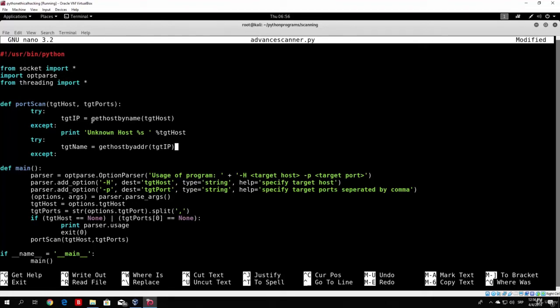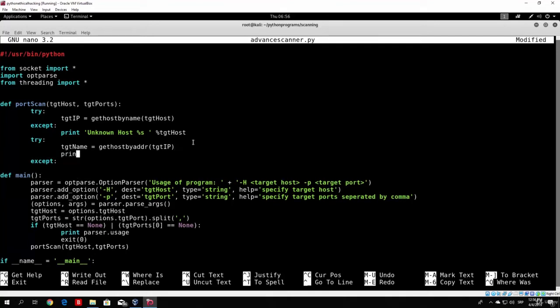This one gets the host name, or basically the IP address, from the host name, and this one gets the name from the address. So right now, once we actually type that, we want to print, and let's add a plus right here, and let's print scan results for, and then we can just do it like this, and then add the target IP. What this will do is print out scan results for that IP address, or no, we want to actually